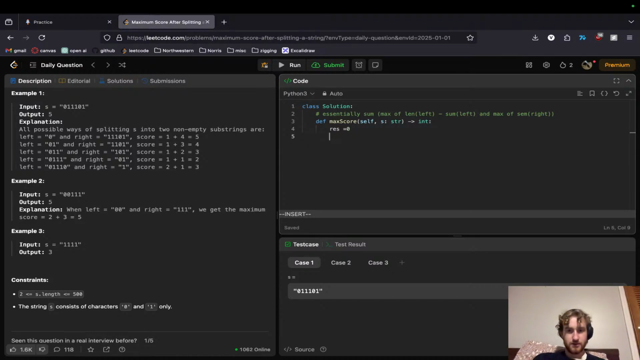Okay, so the result is equal to 0, and then just for i in range of the length of the string, we're going to take the left side is equal to s up until i, and then right is going to equal i until the rest, and then res equals max of res, and